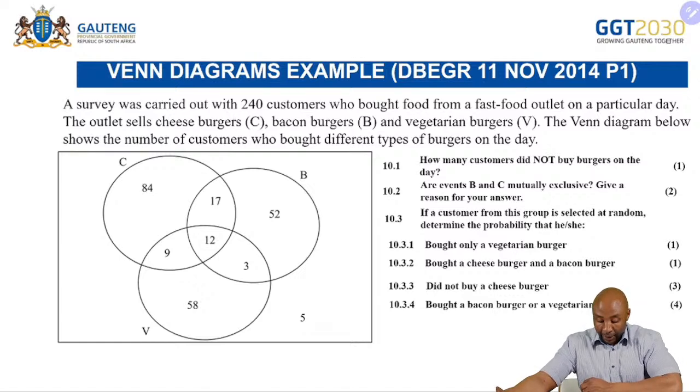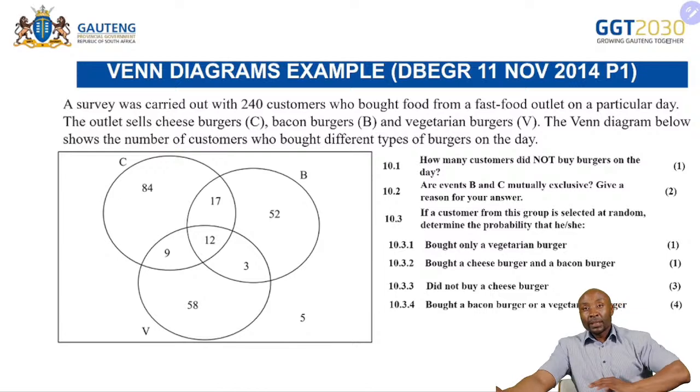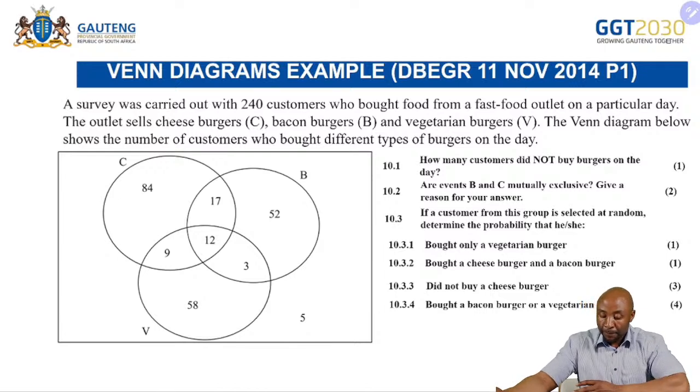We have a survey. So when the question comes in the exam, it can either be the Venn diagram with information, or you can be asked to draw a Venn diagram. So if we look at this one, the information on the Venn diagram is already given. So we are told